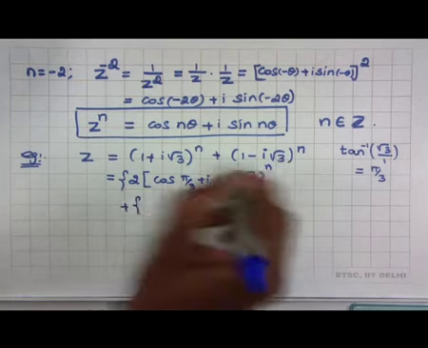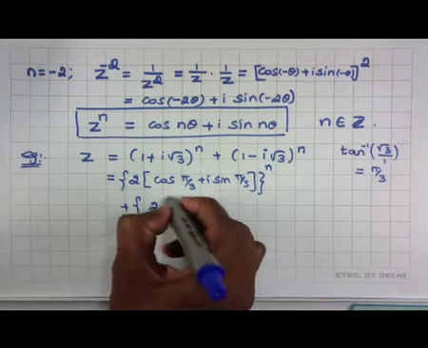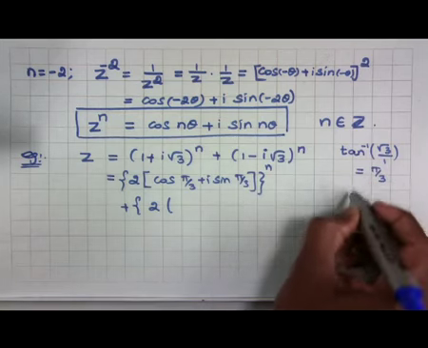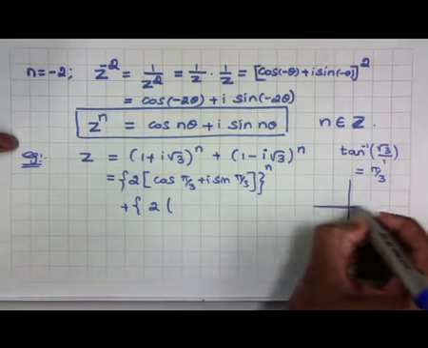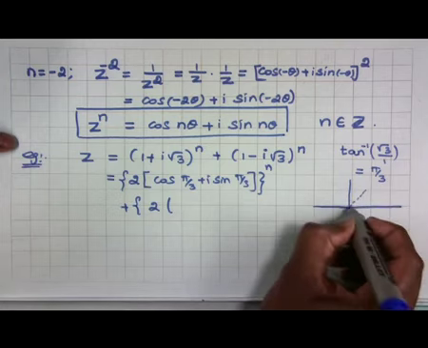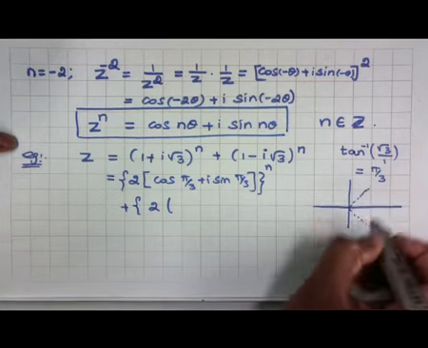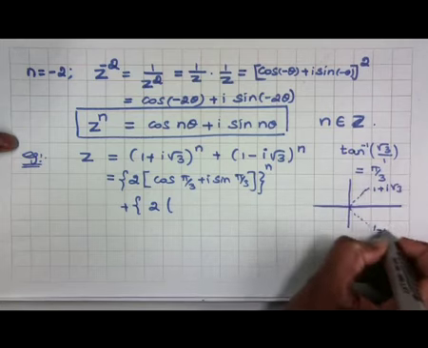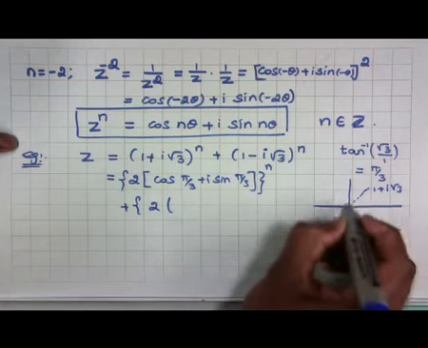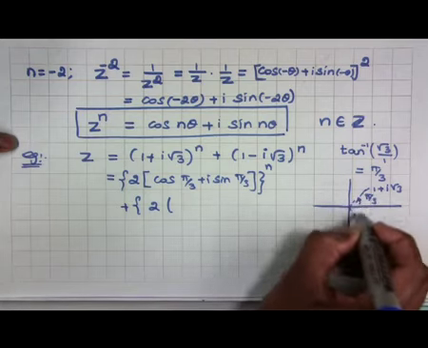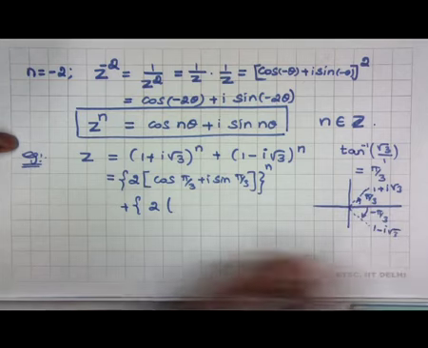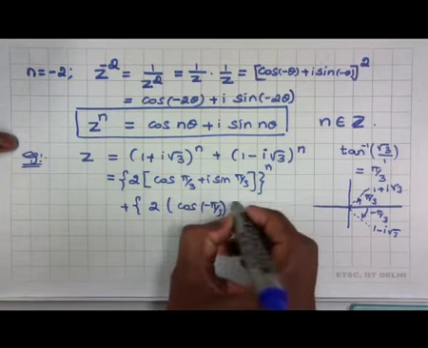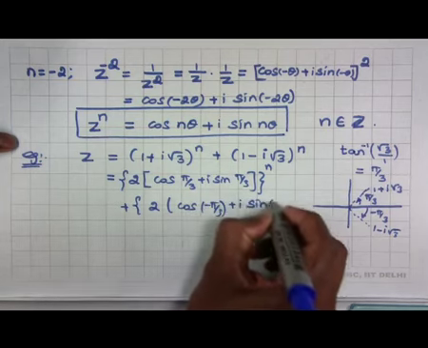So, again the modulus is the same, which is 2, and the angle, if you observe, is in the anti-clockwise direction. It is just the mirror image, that is a conjugation. So it is 1 plus i root 3 and this is 1 minus i root 3. If this is pi by 3, then this angle is minus pi by 3. So this is cos of minus pi by 3 plus i sine of minus pi by 3